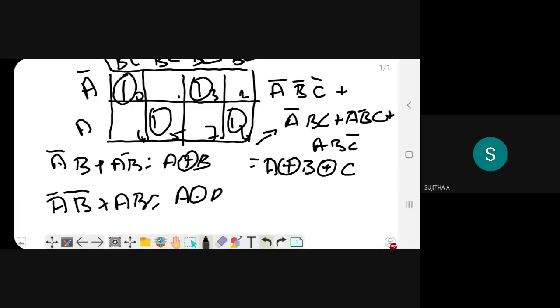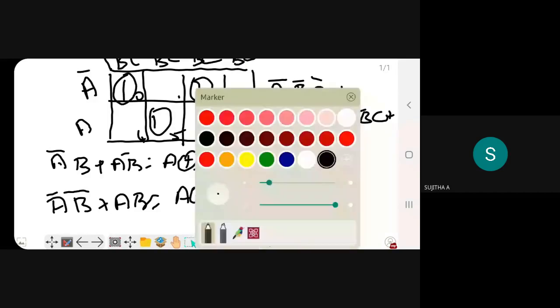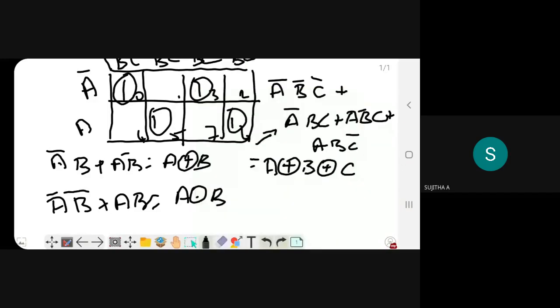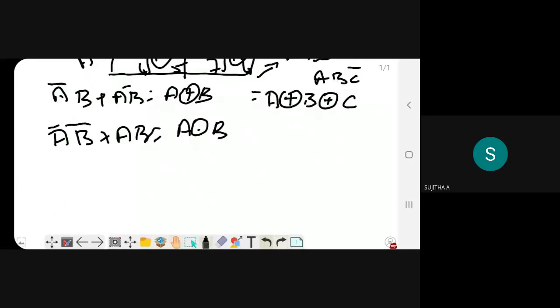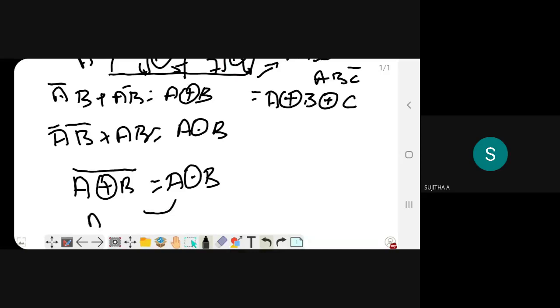XNOR means just a dot and a circle. Another thing I want to mention here: A XOR B the whole bar is equal to A XNOR B, and vice versa, A XNOR B the whole bar is equal to A XOR B. So, now I simplify.